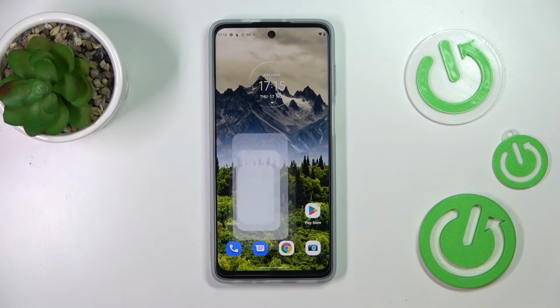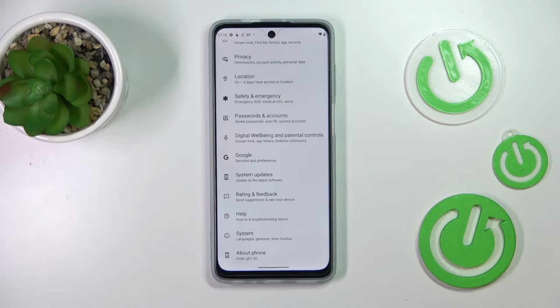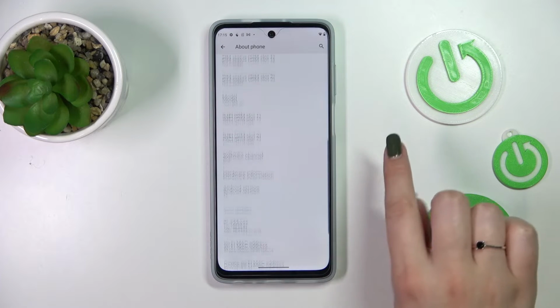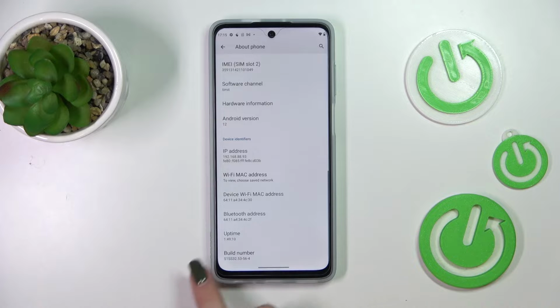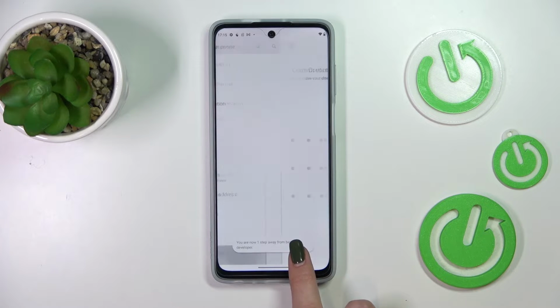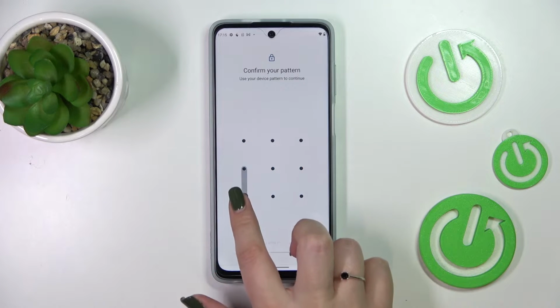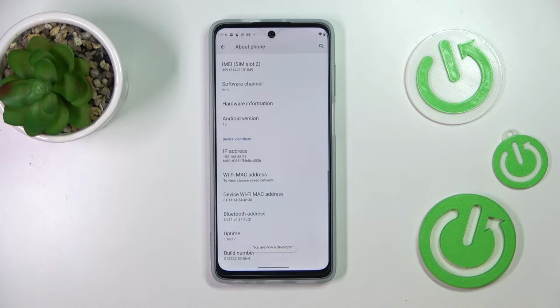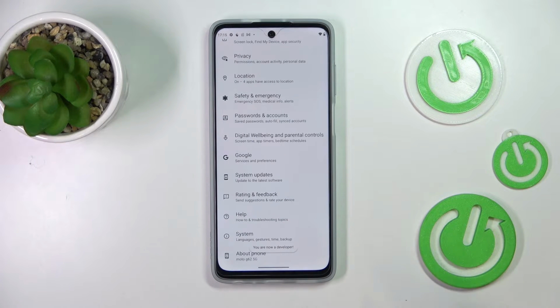So first of all, let's enter the settings, and here we have to scroll down to the very bottom to find About Phone. Now let's scroll down to the very bottom again to find the build number and keep tapping on it until you'll see that you're in the developer mode. If you've got any kind of screen or kernel set, simply enter it,